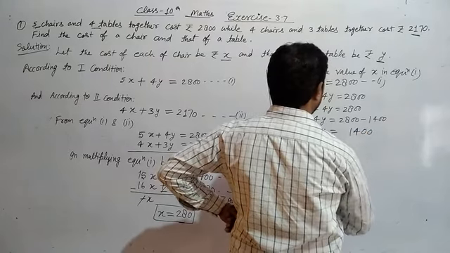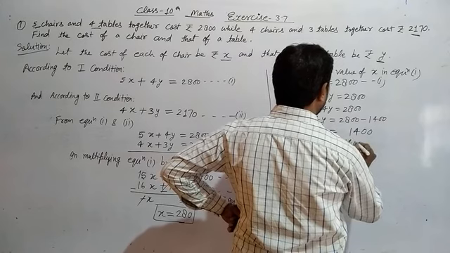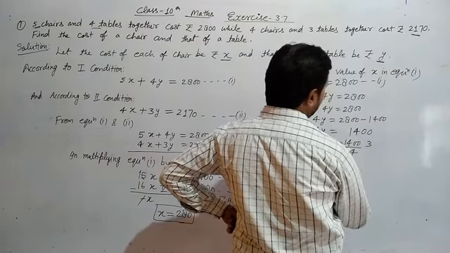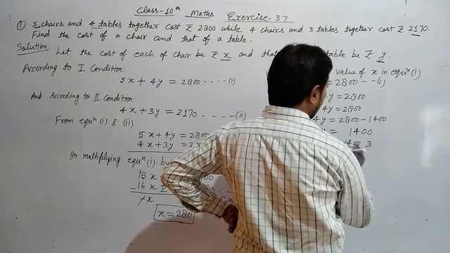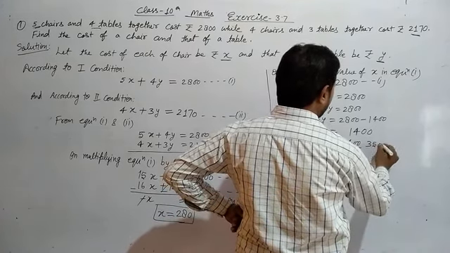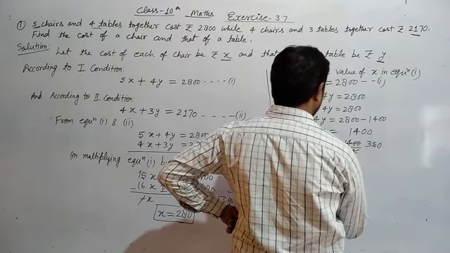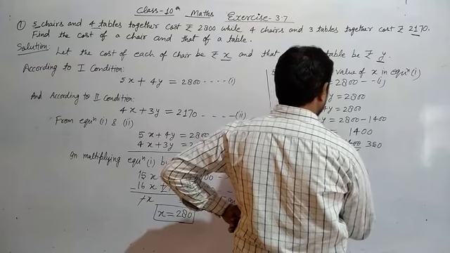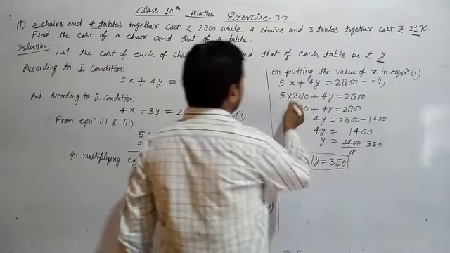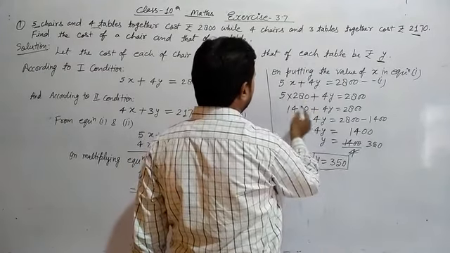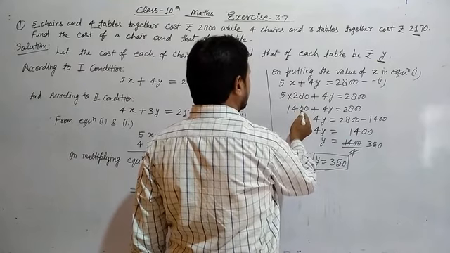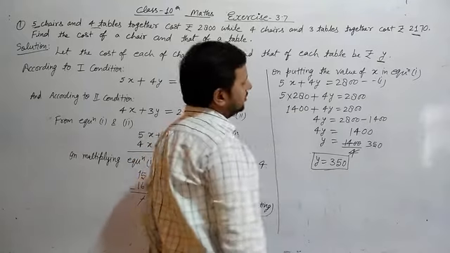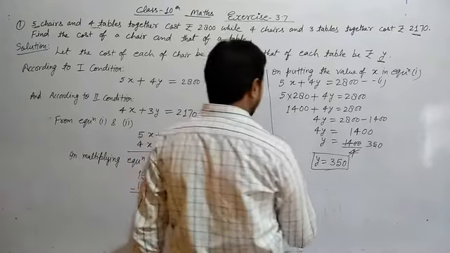So see here, this will become 1400 and 1400 upon 4. 4 3s are 12, carry on to 20, 4 5s are 20 and 0. This is the right answer. So this was the mistake here in multiplying: 5 0s are 0, 5 8s are 40, 0 carrying on 4, 5 2s are 10 and 4 makes 14. It's right.